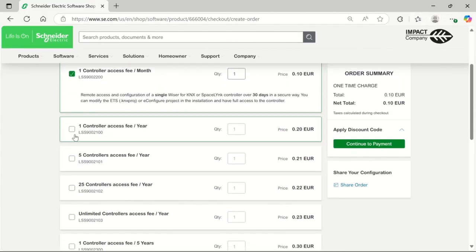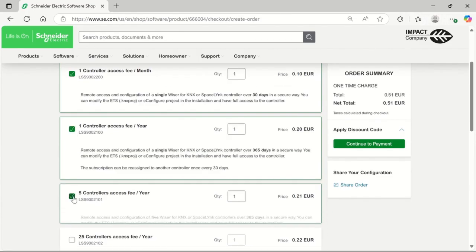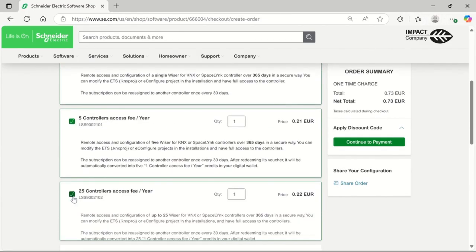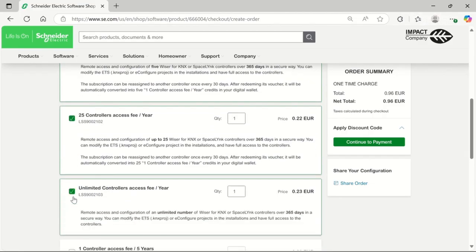The 1-year subscription is available for 1, 5, and 25 controllers. It's a great choice if you have active maintenance contracts or regular customers. You can reassign the subscription between different controllers once every 30 days, which makes it suitable for managing multiple installations with rotating access needs. The yearly subscription for unlimited controllers is best suited if you have maintenance contracts with more